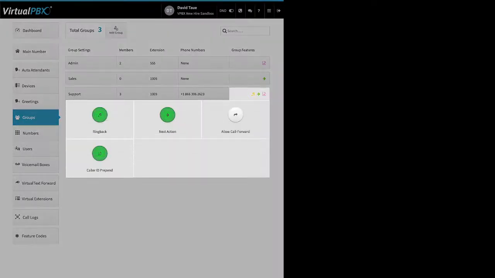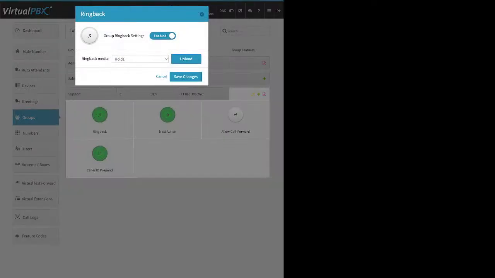Then we have group features. First up is ring back. So a call comes into a group, rings your staff members' phones, right? That ringing sound is piped back to your inbound caller, right? That's ring back. If you don't want your inbound caller to hear that ringing sound, you would enable this and